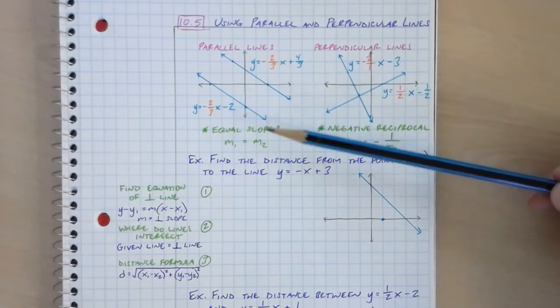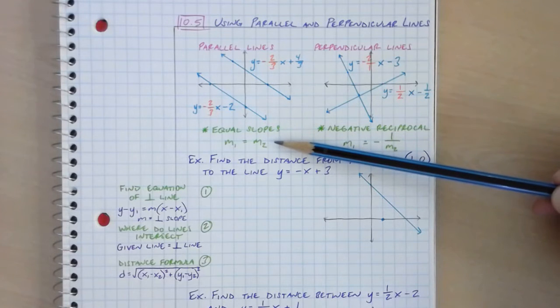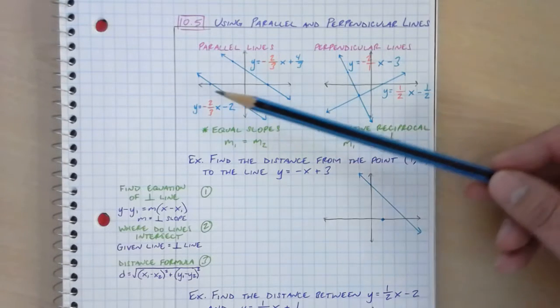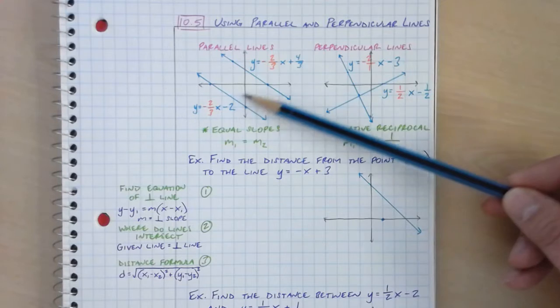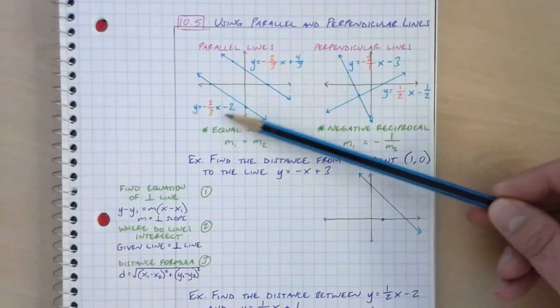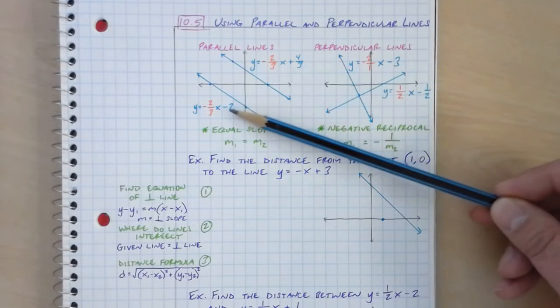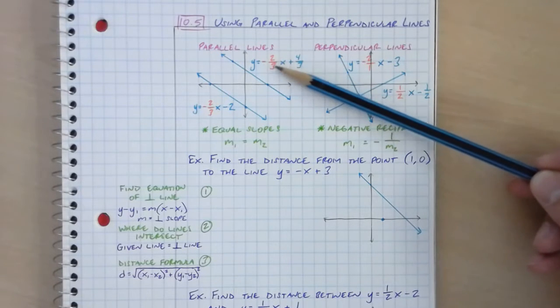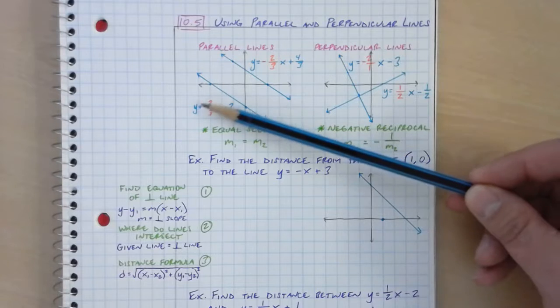Going a little bit deeper, this aspect right here, the idea of equal slopes. This is going to come into play in a later example we'll do in another video attached to this section. But if I gave you the equations, and you're going to see this throughout this section, of two parallel lines, you're going to notice that their mx component, their slope component, will be matching,